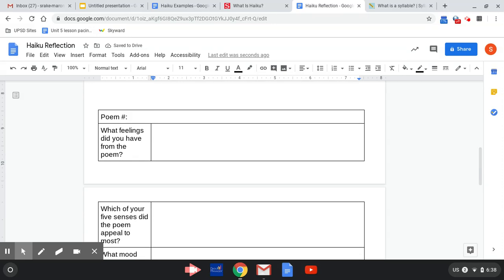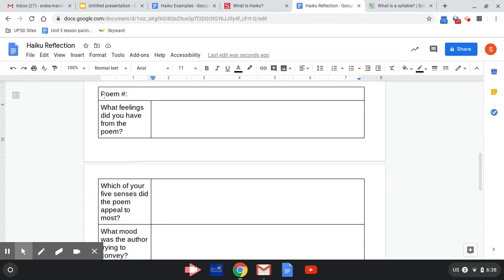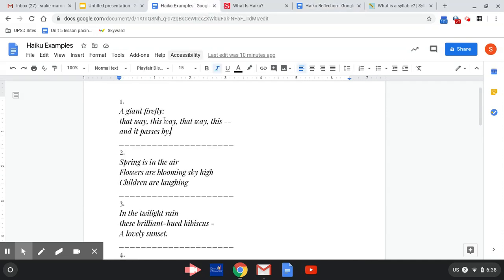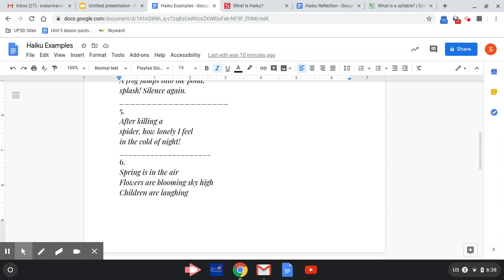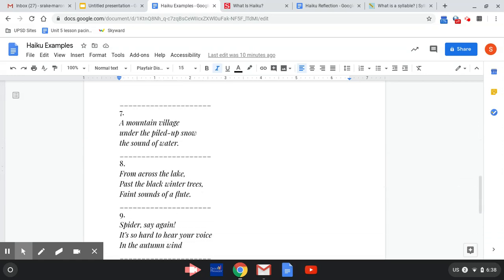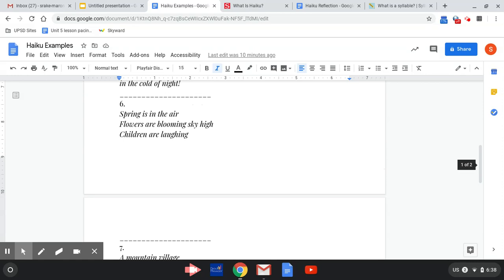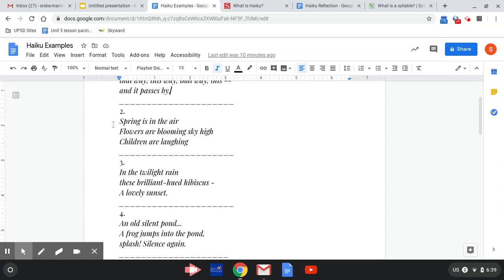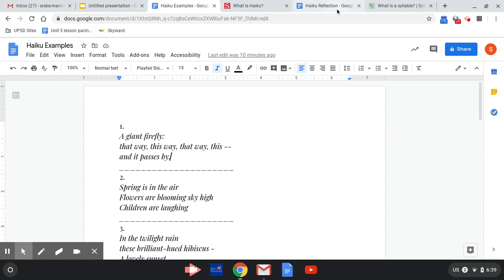Okay. And then I would go through this process again with a second haiku. So you're reading through these examples of haiku, which really shouldn't take too long. And the great thing about reading these is that as you read them, you start to internalize, you start to feel that 5-syllable, 7-syllable, 5-syllable rhythm. And that will make it so much easier to write haiku tomorrow if we can kind of get that rhythm inside of us. So you're reading through the haiku and then choose two